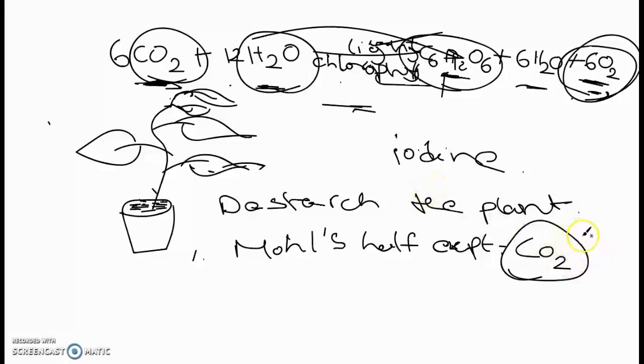You know what we have done. For this, we have kept half of the leaf inside the glass jar and half of the leaf is exposed outside. And in the glass jar, name the chemical that is utilized. Very good, children. The chemical is potassium hydroxide. What's the purpose of putting potassium hydroxide in the glass jar? So that it absorbs any carbon dioxide that is present in the glass jar. That's the purpose of putting potassium hydroxide.